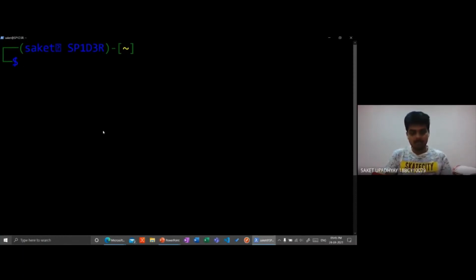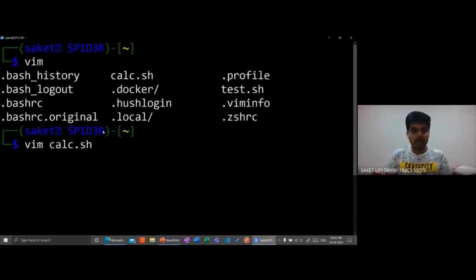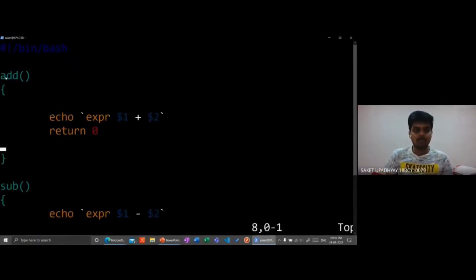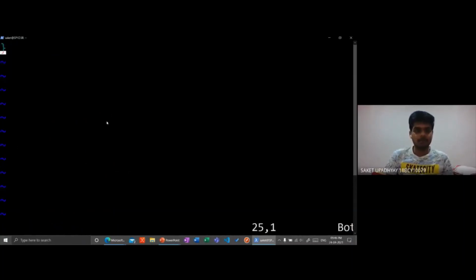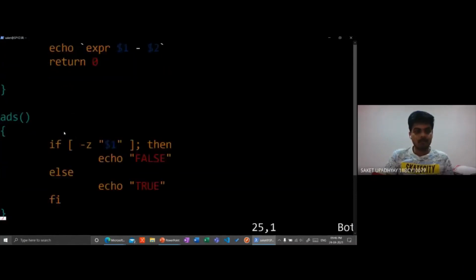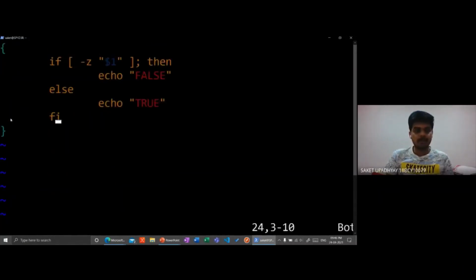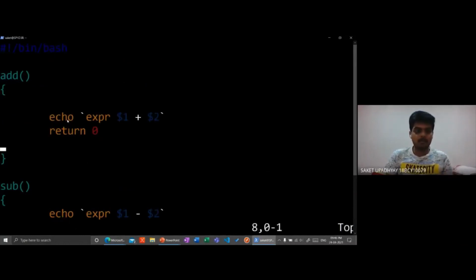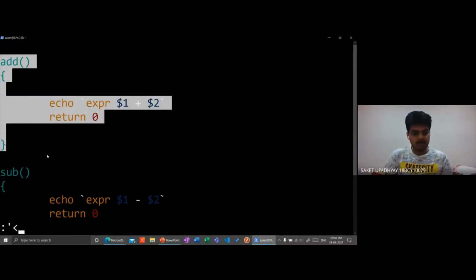So for that I have created one small program called calc.sh. It is simple. We have declared a function. We discussed how to declare a function earlier. Then in that function, I have put this expr command. So whatever variables we give to the function, variable 1 and 2, it will print the sum of those. Then we have subtract, and then we have add for something else. I will tell you what. Okay. So now let's quit this Vim,